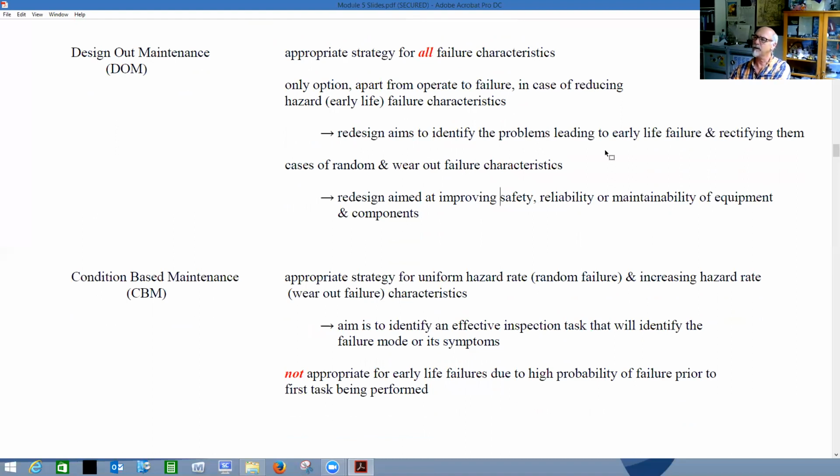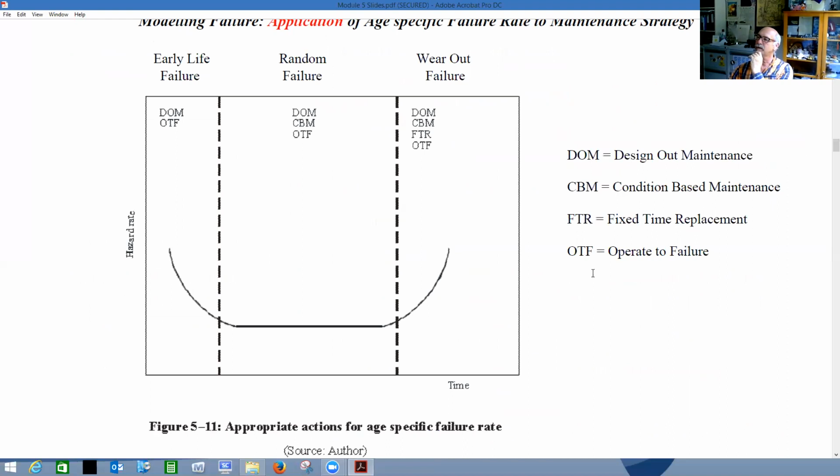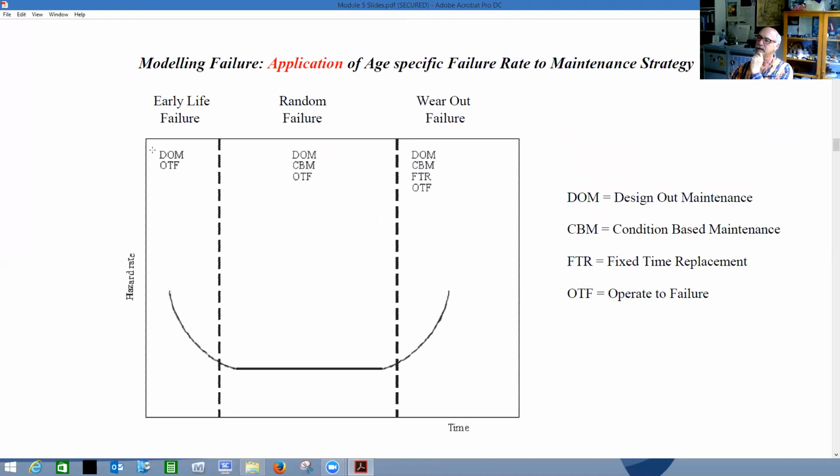Condition-based maintenance is the appropriate strategy for uniform hazard rate, the random failure, and increasing hazard rate, that wear out failure characteristic in that bathtub curve. And the aim is to identify an effective inspection task that will identify the failure mode or its symptoms. Now, it's not appropriate for early life failures due to the high probability of failure prior to the first task being performed. So again, that's why when you look at that curve, it's been shown from studies that these are the best maintenance strategies for these particular types of age-specific fail